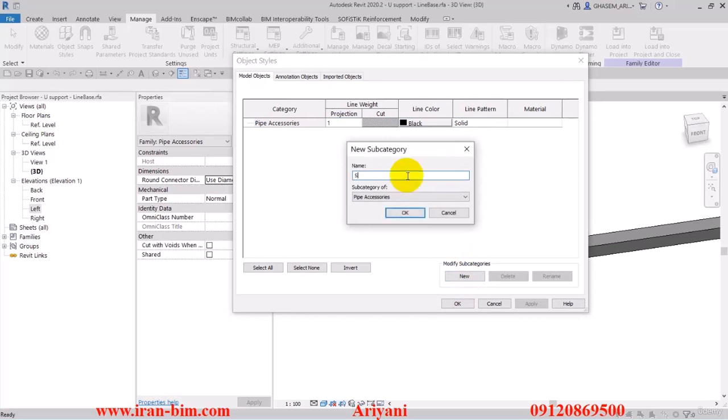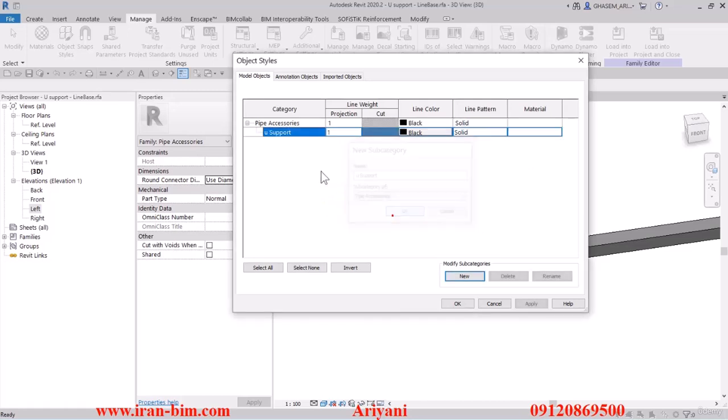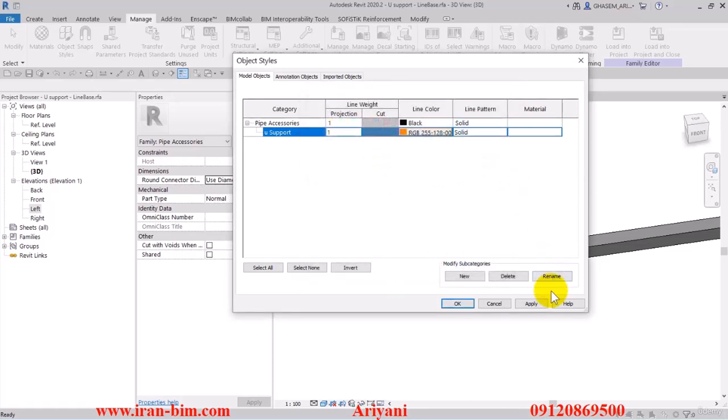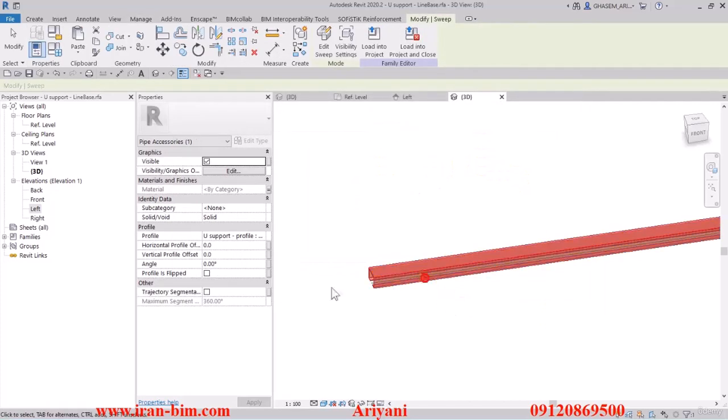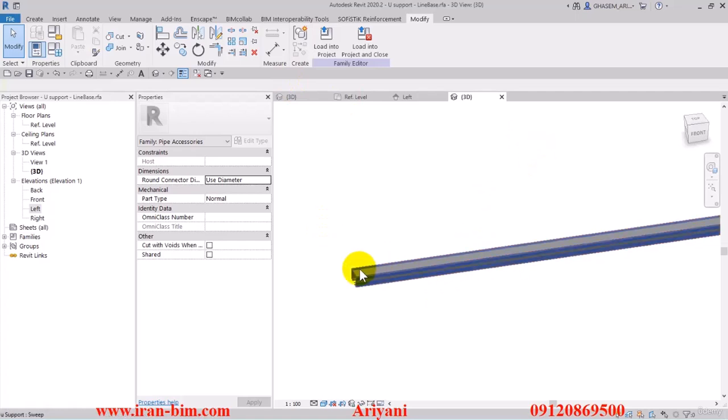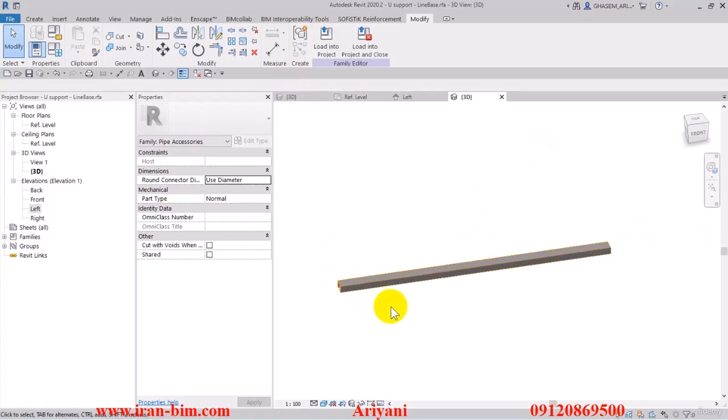To the object styles is where we go, and then create a new subcategory here, which we'll name use support. And the subcategory is going to be the pipe accessories type, and then hit OK. Now we can select the color for it, which I'll go with orange for now, and then apply and OK. Now I'll select the structure itself and put it under the subcategory of use supports. Now this is the general shape that it gets, but next we're going to create the slots and